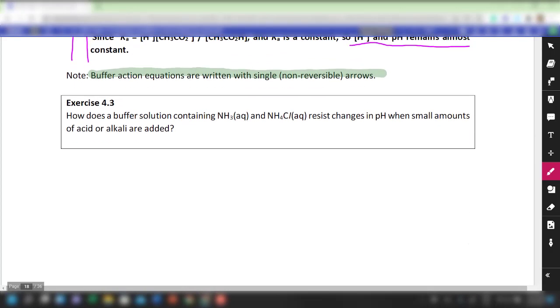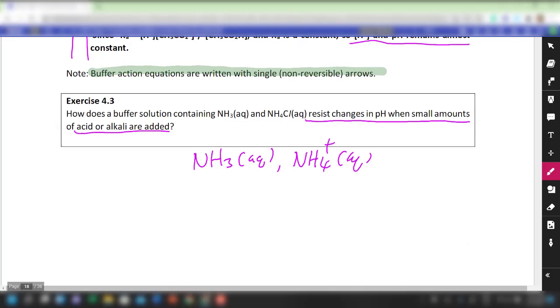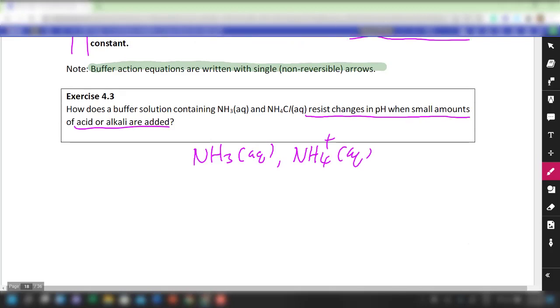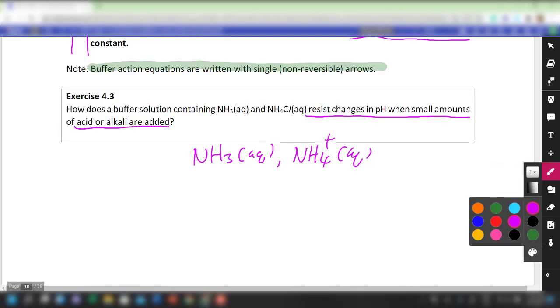Now let us look at exercise 4.3. How does a buffer solution containing ammonia and ammonium chloride resist change in pH when a small amount of acid or alkali is added? Again, we will discuss the same logic. First of all, we have a large reservoir of ammonia and a large reservoir of ammonium, which is NH4+. When a small amount of acid is added, it will react with ammonia, so H+